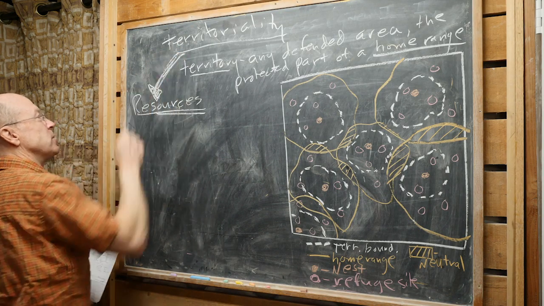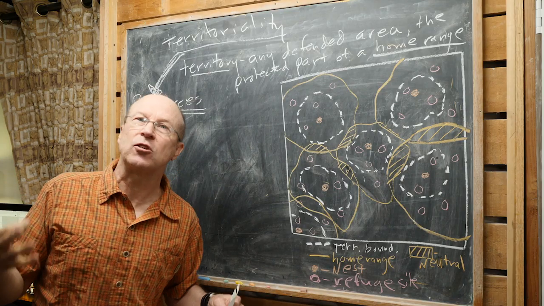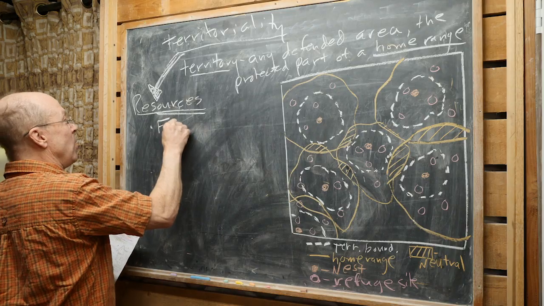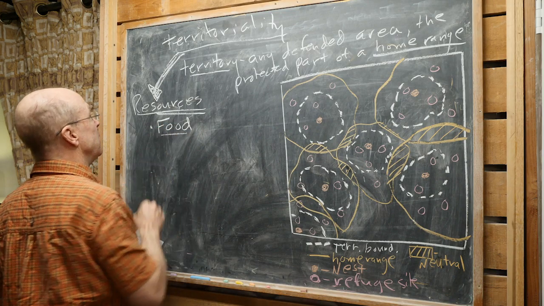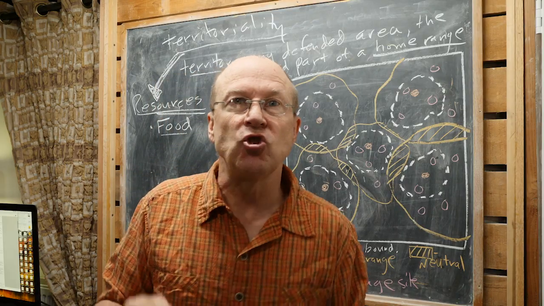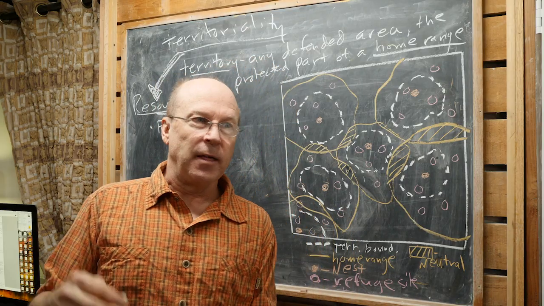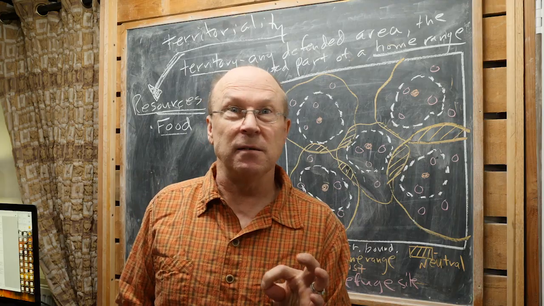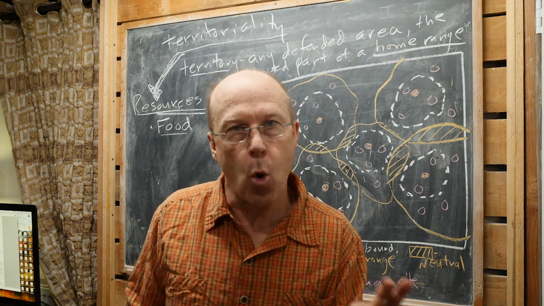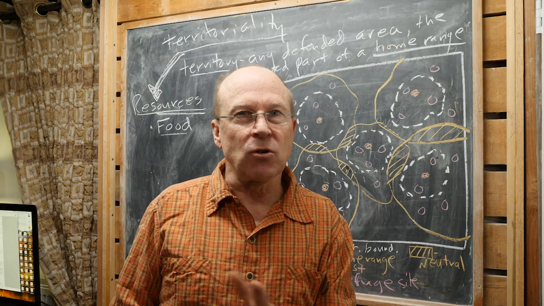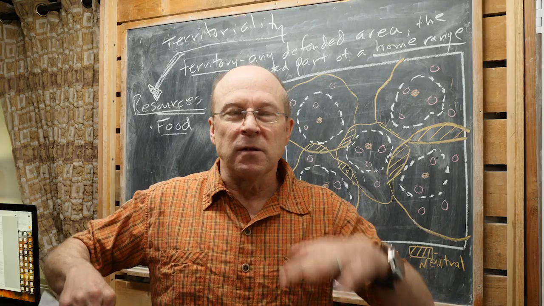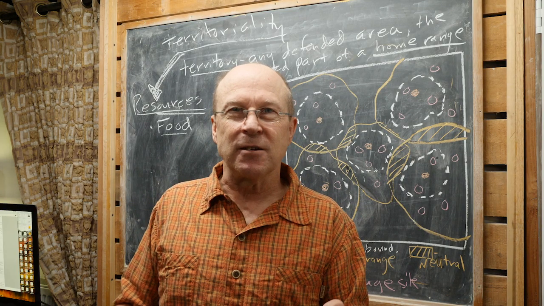All about resources, and let's consider some of the resources of territoriality. Of course, the big one that comes to mind would be food. Obviously, food's a very important resource. Matter of fact, the butterfly fish that I was just talking about, there are some species that are exclusively coral polyp feeders, and if you're a coral polyp feeder, that's a resource that doesn't move around. Those coral polyps are fixed on the substrate, and you're going to defend a territory